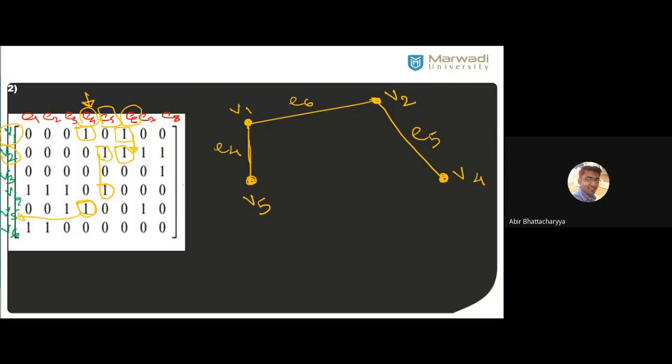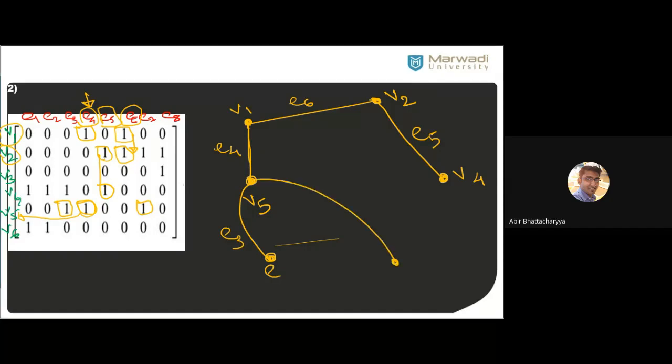So now go for V5. V5 has how many emissions? One emission is already done for V5. Another two emissions are there. One is this, one is this. So this is E3, and this is E7. All right. Always try to have some space to draw the graph. If you have space, you can do anything. If you don't have space, it can create some problem. All right. Now E3 and E7.